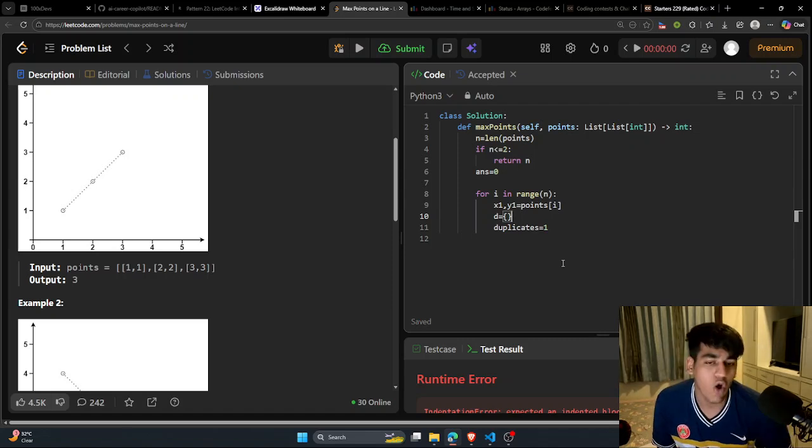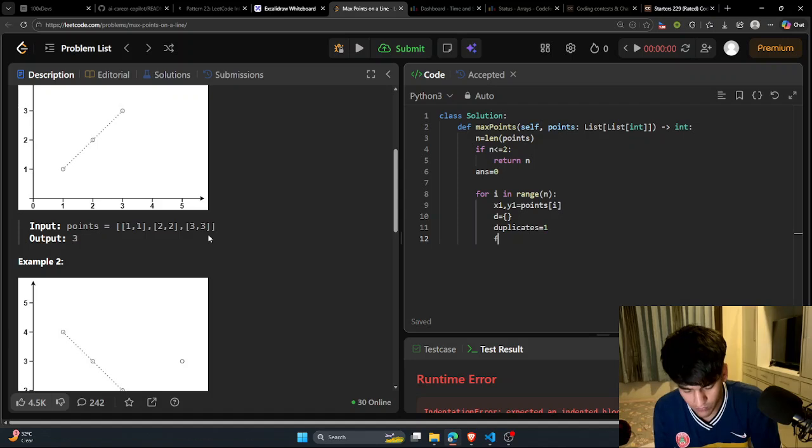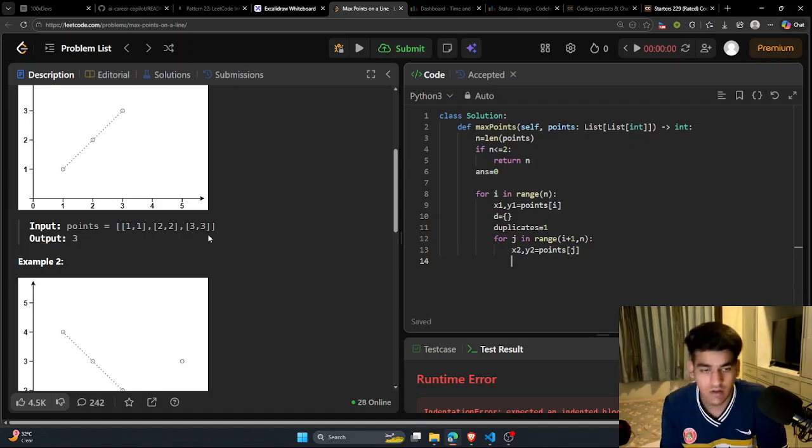Okay, if you just try to solve this example, you'll get to know it. Now for j in range i plus 1, comma, and now x2 comma y2 equals point j. Okay, now we'll define dx equals x2 minus x1, dy equals y2 minus y1, and simply,